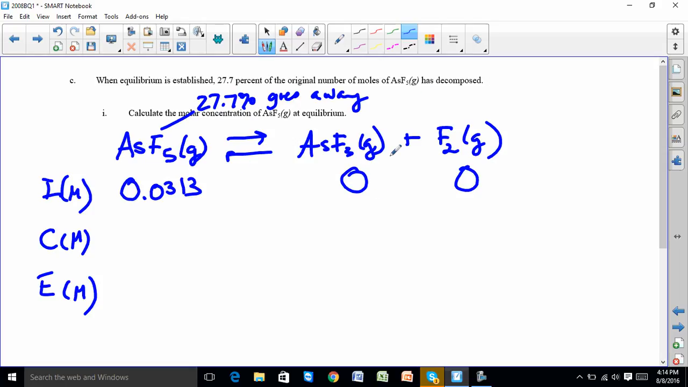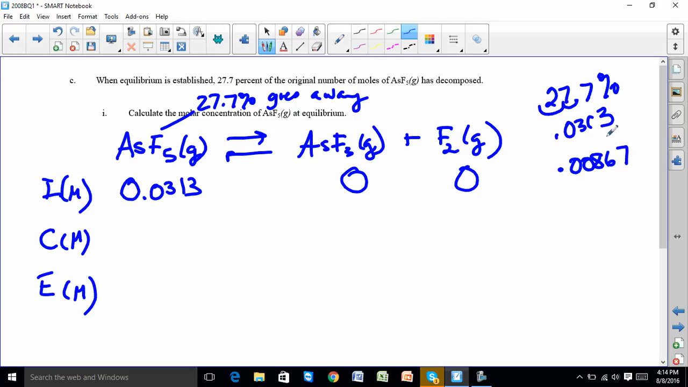And then these must go up 27%. So what I did first is, what is 27.7% of 0.313? Remember, it's 1 to 1 to 1. And remember, when you do percents, you convert it to a decimal. Well, when I did 0.277, it ends up being